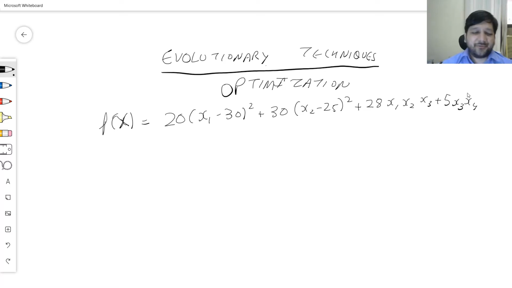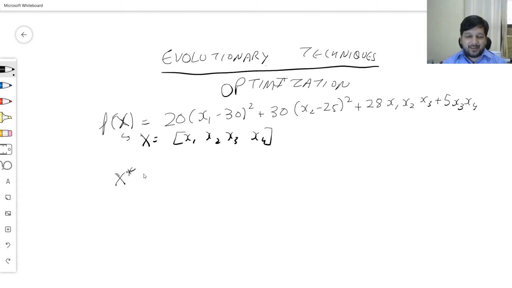That's an expression that I need to optimize, where X is of course x1, x2, x3 and x4 as an input. Let's say that I need to find out the X which minimizes this expression,